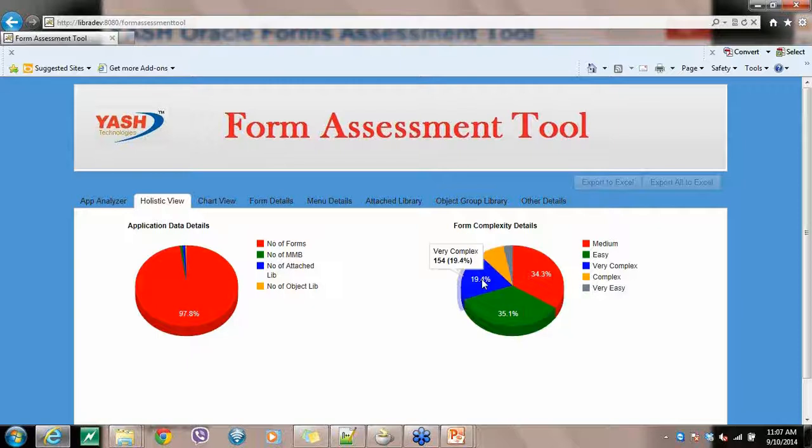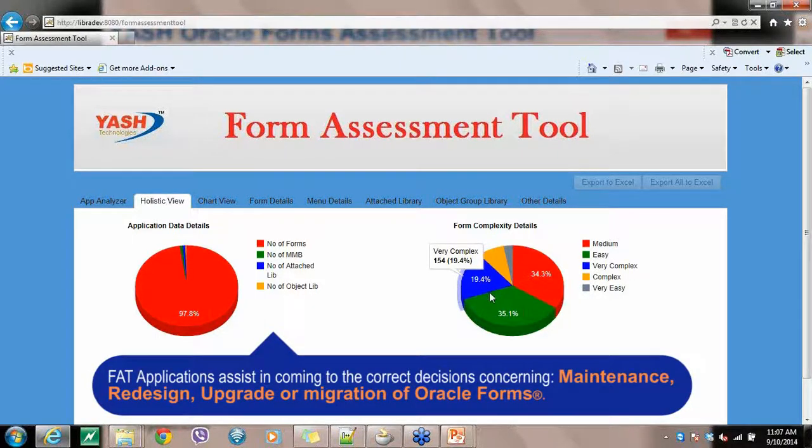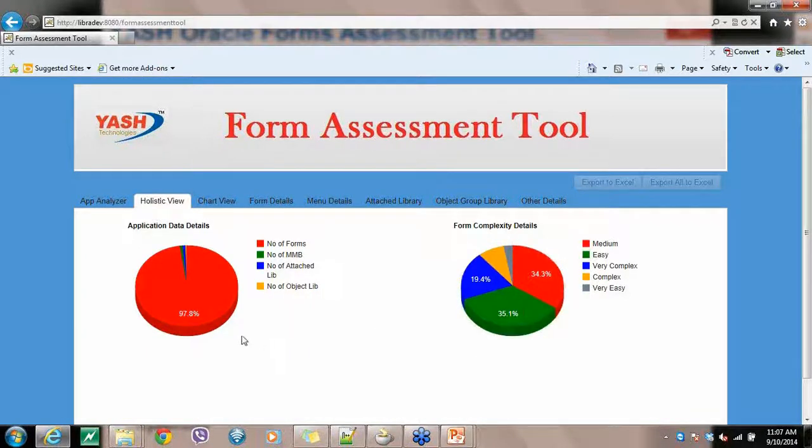Once you plan to do a redesign or a migration, it's easy to take a decision because you have the entire information right in front of you, on a piece of paper, and you can then decide and choose the right path. This is on the percentage basis, and this gives you the number of forms present in